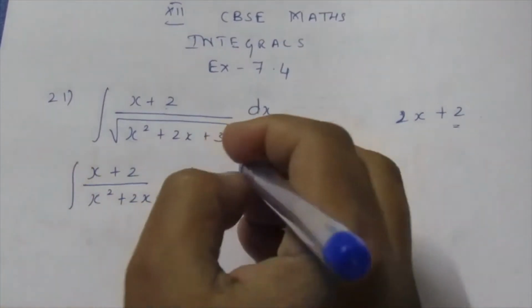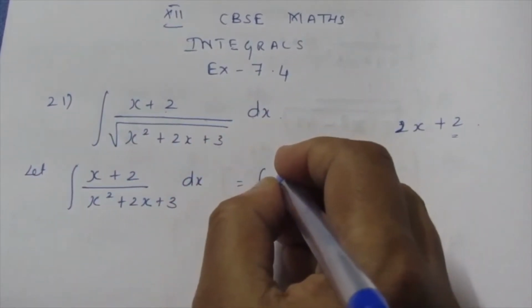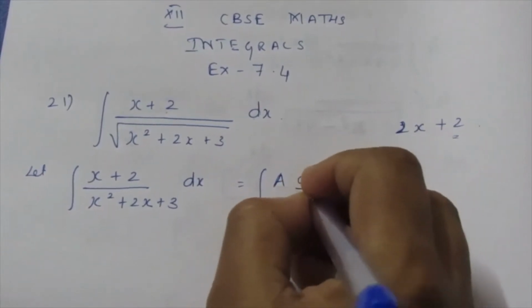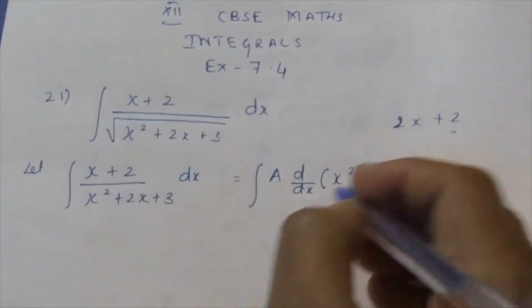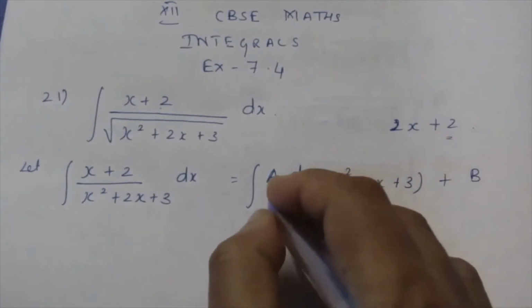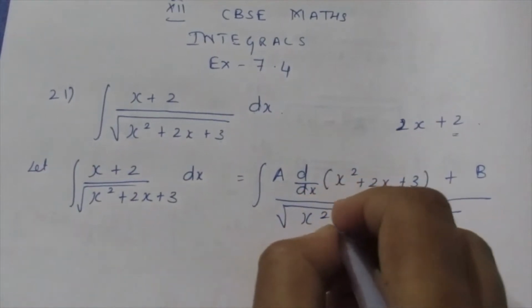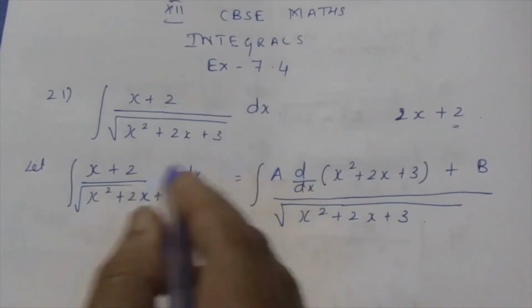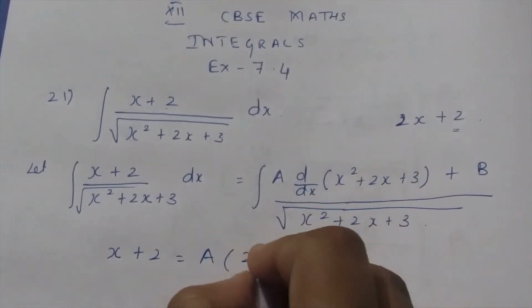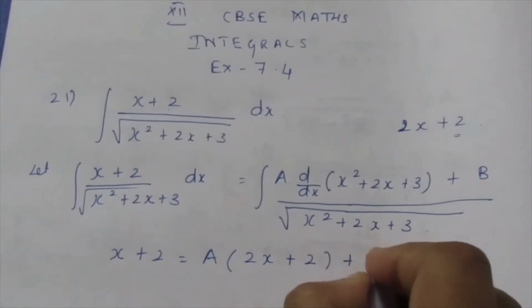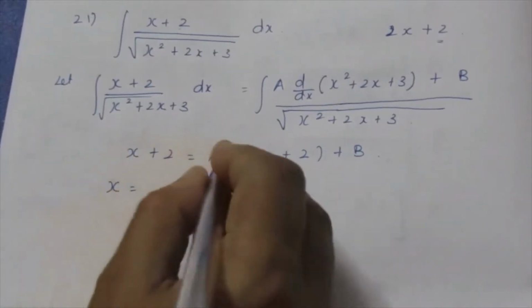Let the numerator be a into the differentiation of the denominator. To make it the same, a into differentiation of the denominator plus b. So the numerator can be written as a into differentiation of the denominator plus b. Solving this, we get x plus 2 is equal to a into differentiation, it becomes 2x plus 2, plus b. We solve the like terms, that is the x term alone, it becomes x is equal to